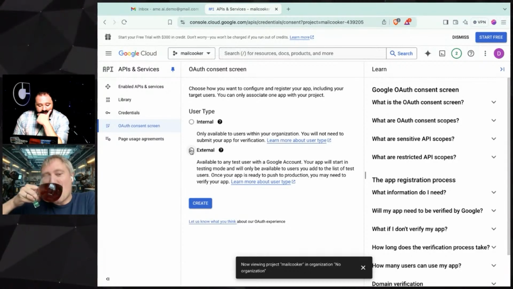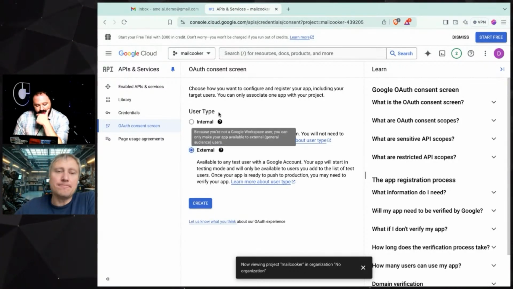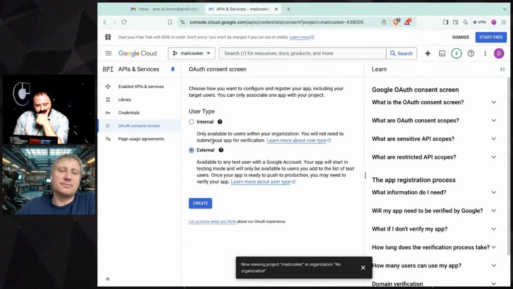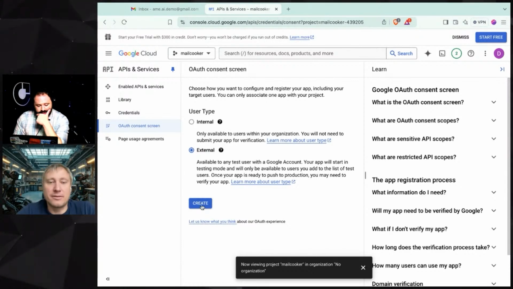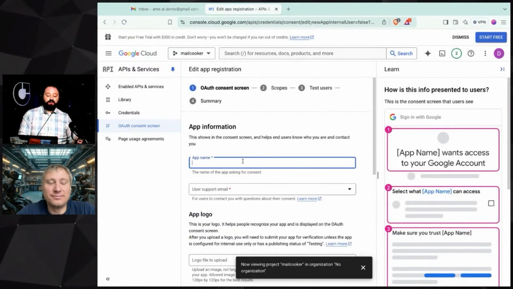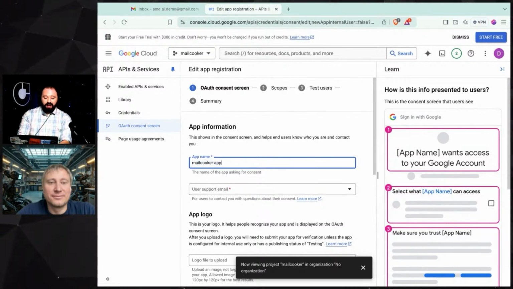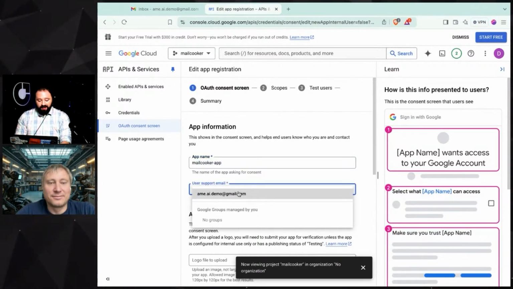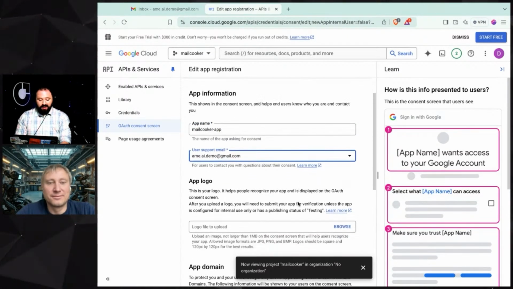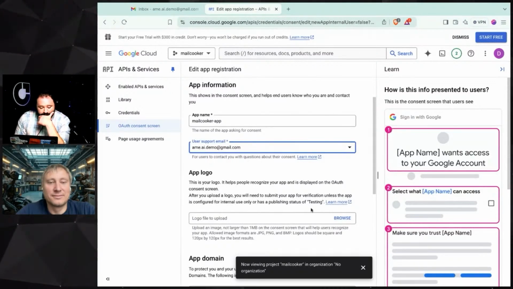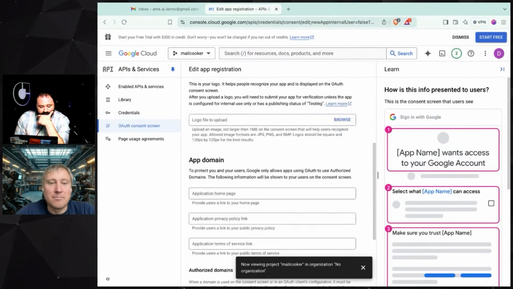should we do this internal or, well, I'm not in an organization, so let's just do it external. Yeah. All right, so hopefully you can now be using Mail Cooker app. Okay, we'll make this person the support. Do we need a logo? No, you can skip that. Okay, but we'll need